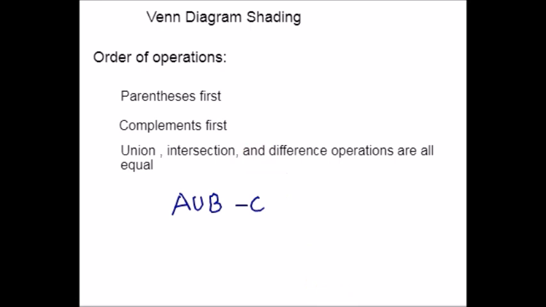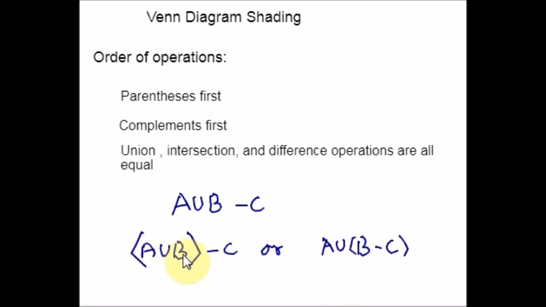Please have a glance over this expression: A union B difference C. This does not make any sense because we don't know which operation we should do first. Should we take the union first and then the difference, or should we take the difference first and then the union? So in order to make this clear, we need to either write this as (A union B) difference C, or A union (B difference C). Okay, let's look at some examples.